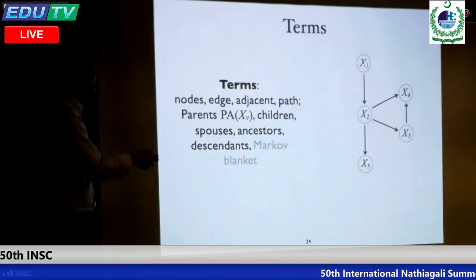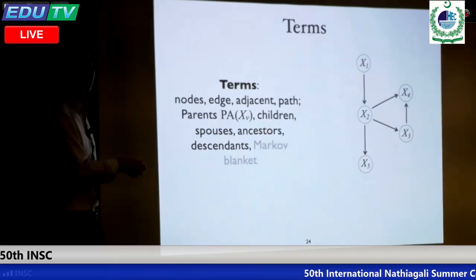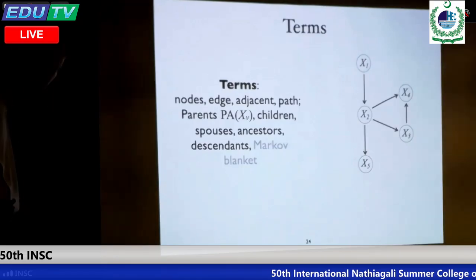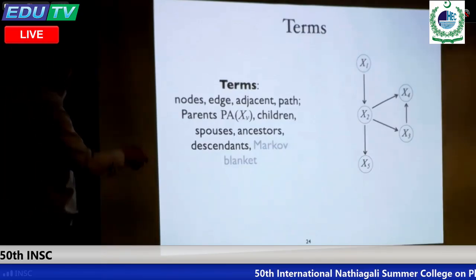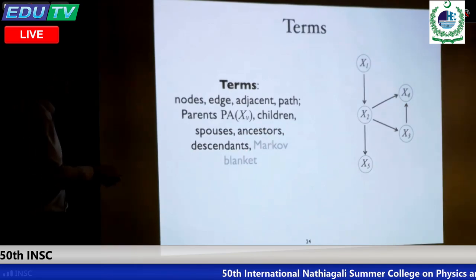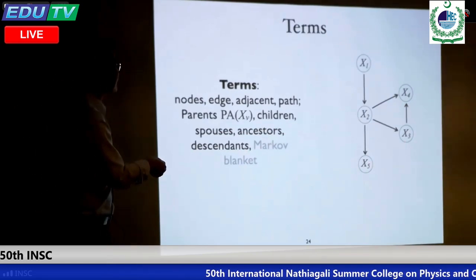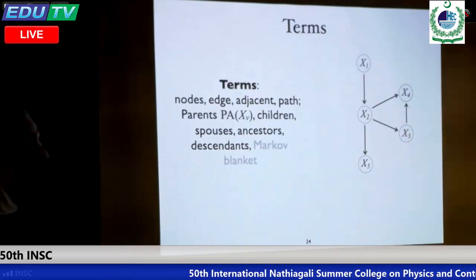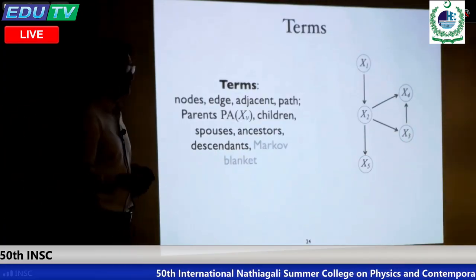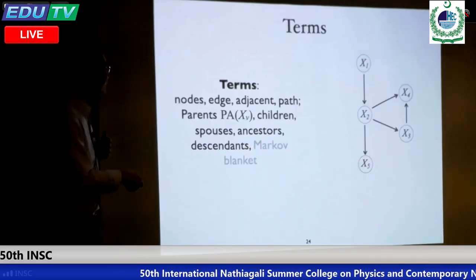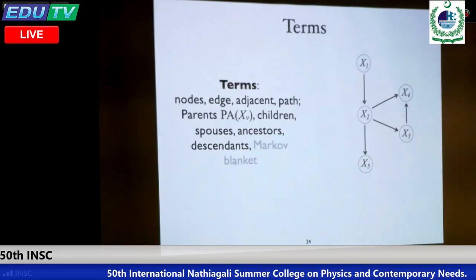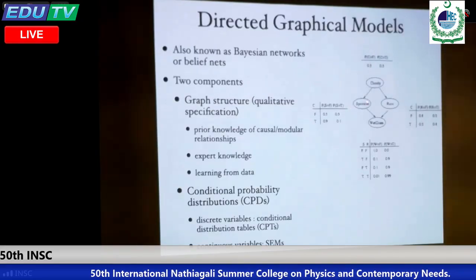And we define ancestors and descendants recursively. First of all, a parent is an ancestor. And then the parent of an ancestor is also an ancestor. Basically, you can just go to earlier parents, right? All of them are just ancestors. And similarly, for descendants, a child is a descendant, and a child of any descendant is still a descendant. So you can just define ancestors and descendants recursively. And Markov blanket is also useful, but here it's not very relevant. I'll skip this one.